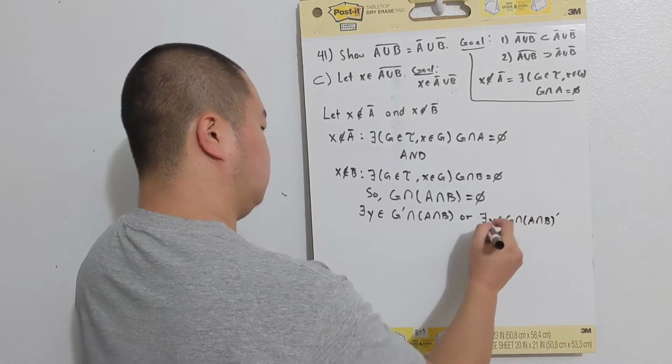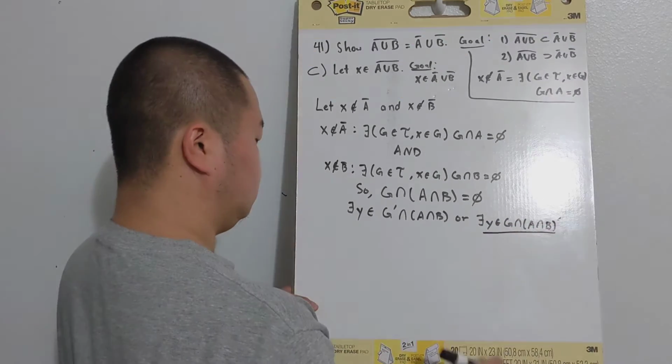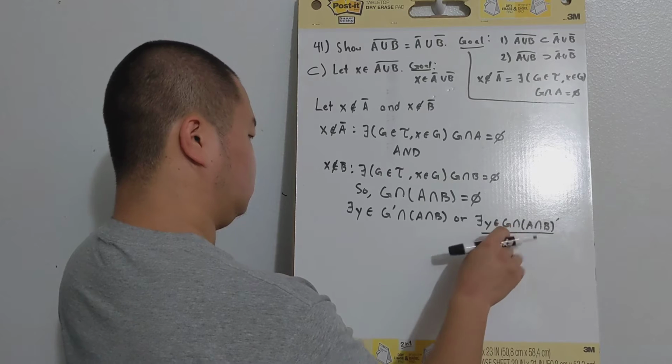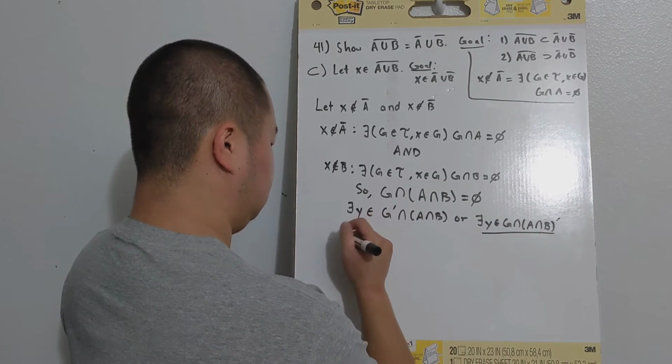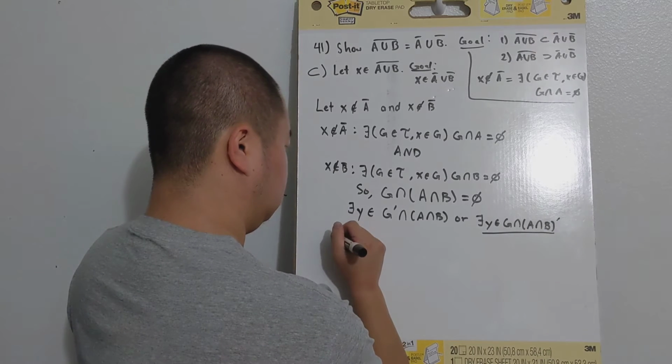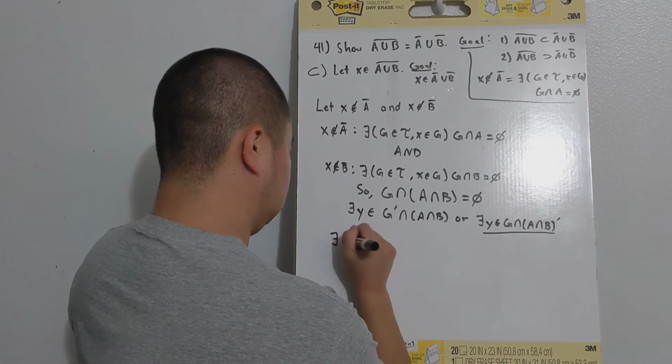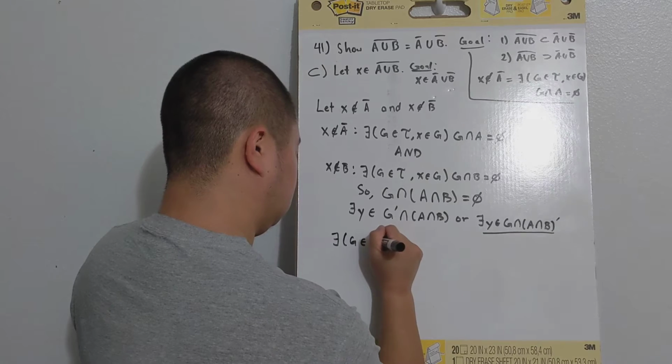And we're going to go with this statement. So, since there's something in G intersection A intersection B, so that means there exists an open set